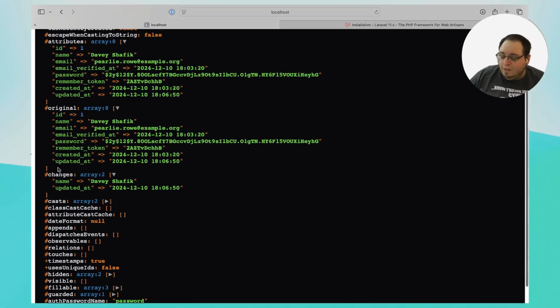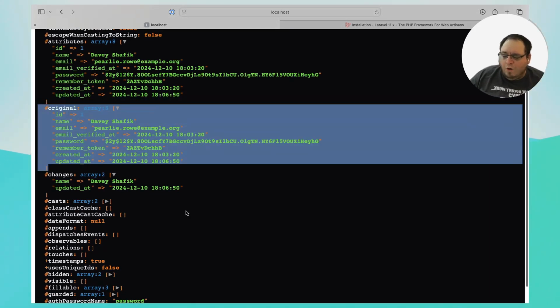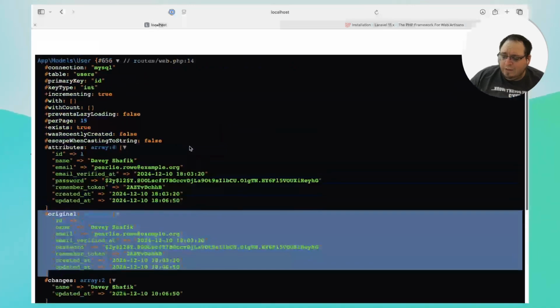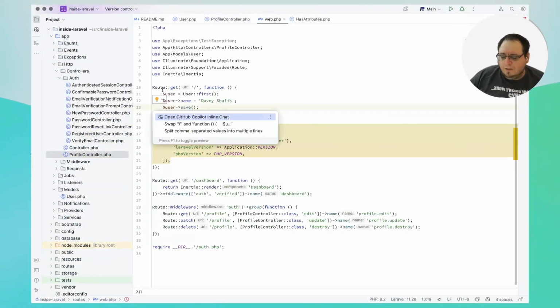The original is now set to what the persisted state is, and attributes has obviously not been changed again. So original will always have the persisted state. At least that's kind of the goal, anyways. All right, so let's take a look into